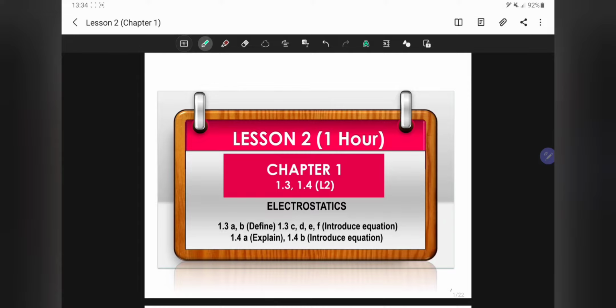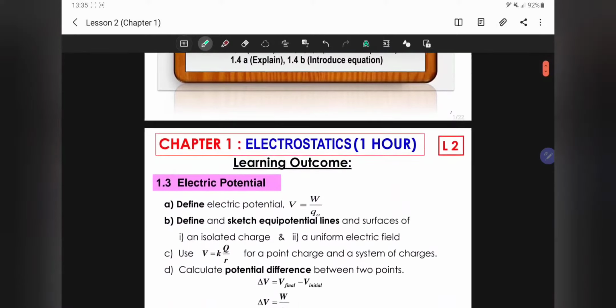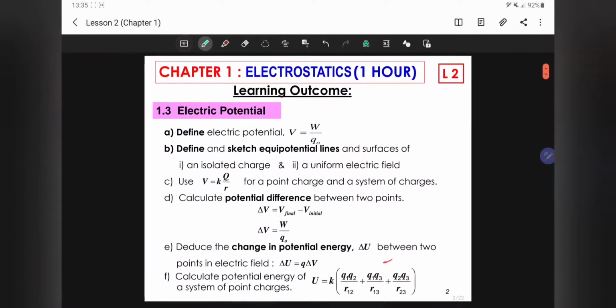So let's continue our lecture on chapter 1. For today, we are going to discuss subtopic 1.3 and 1.4. So what do we have for these two subtopics? According to the learning outcome, for subtopic 1.3, which is under electric potential, students should be able to